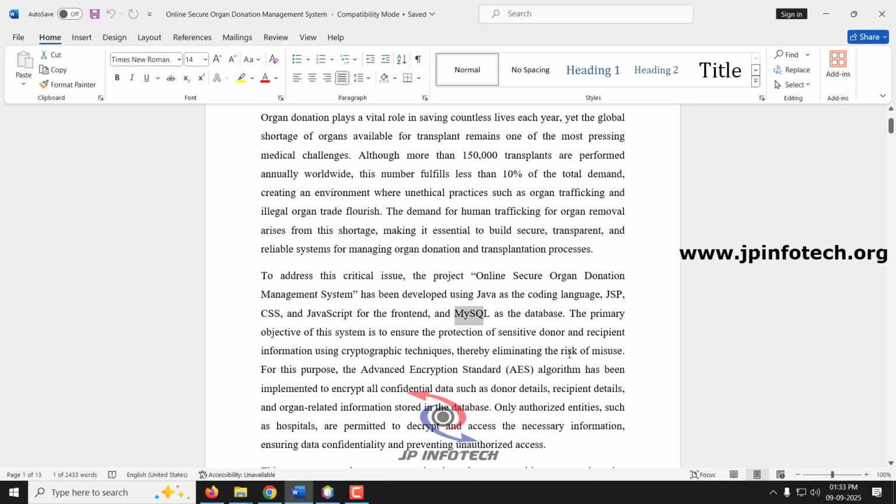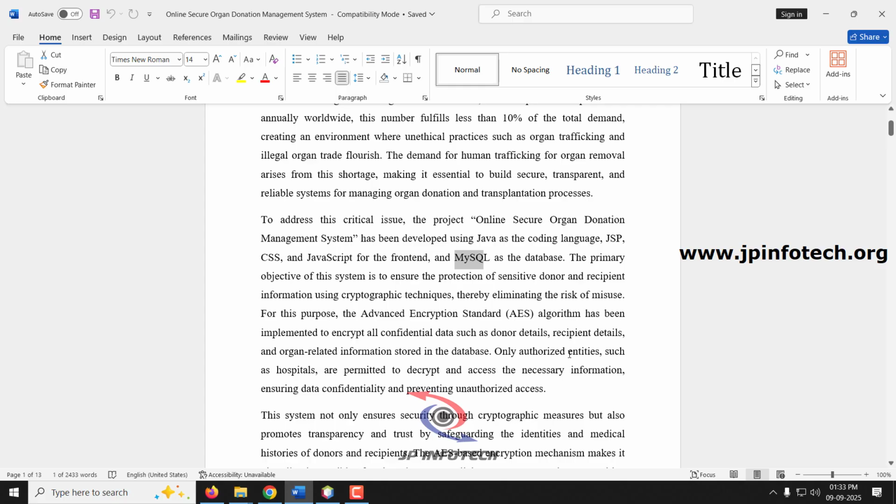The main objective of this proposed system is to protect the sensitive donor and recipient information using cryptographic techniques. This can eliminate the risk of misusing that information. For that purpose, we are using the AES algorithm, which is the Advanced Encryption Standard algorithm, where the database is completely encrypted, so the intruders or third parties cannot see the sensitive information of the donor or